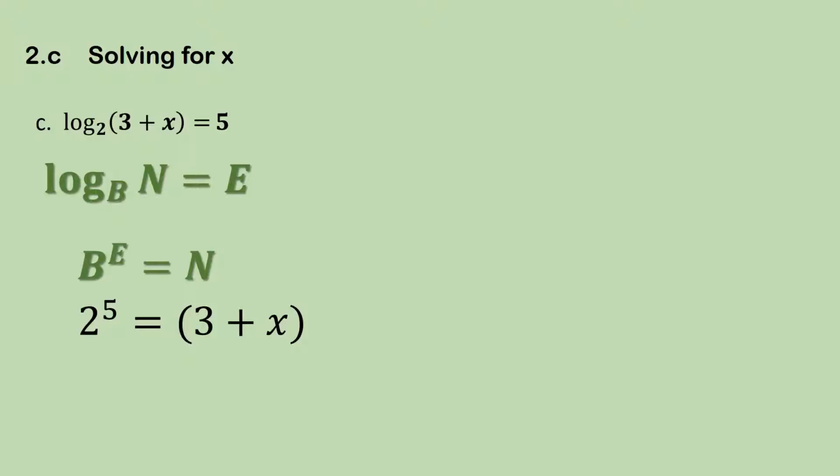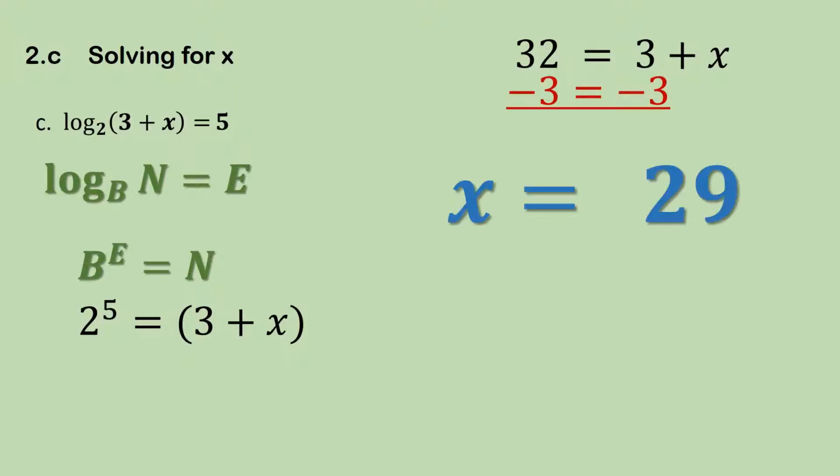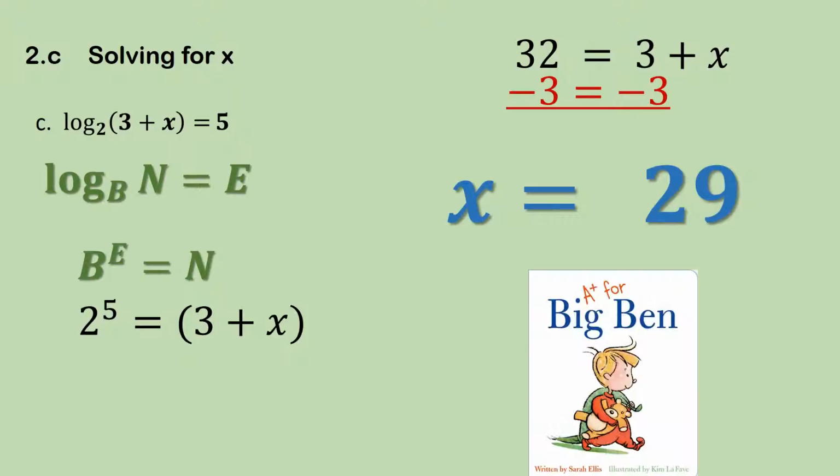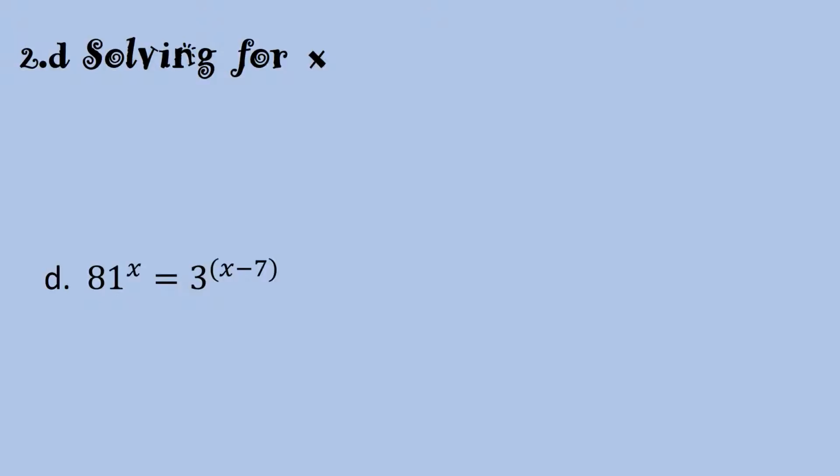Okay, but what am I going to do? I'm going to take on the left-hand side, 2 to the 5th power is 32 equals 3 plus x. Oh my gosh, all I got to do, subtract 3. Bam, there's my answer. Thanks, Big Ben. A plus for you. All right, now, no logs. What's Mr. Press doing? This is your exponential. All right, now,